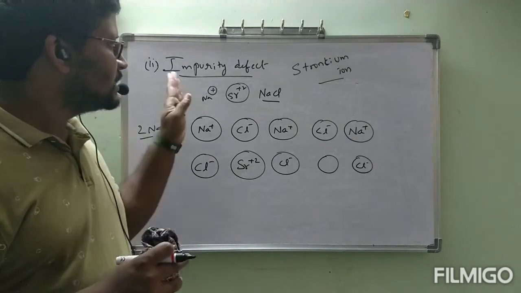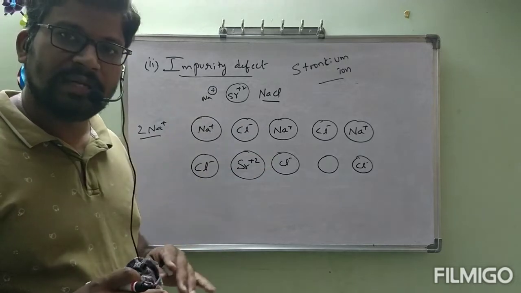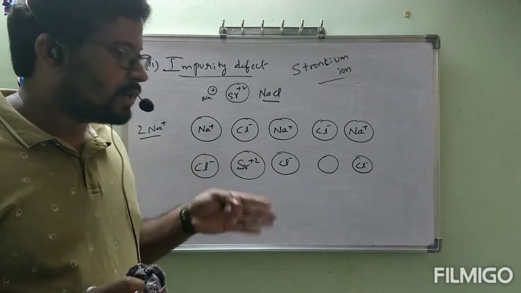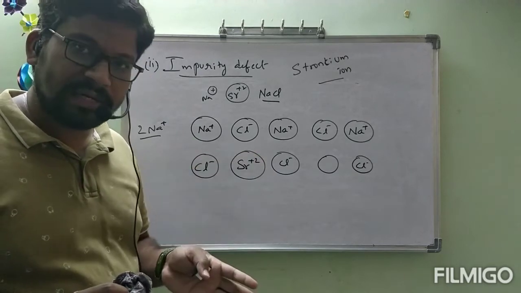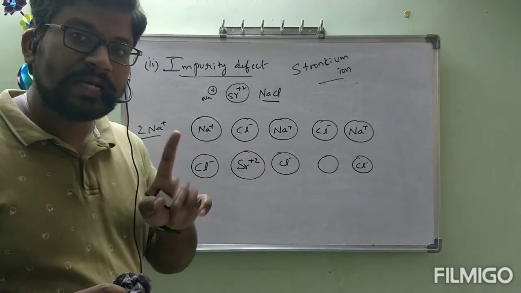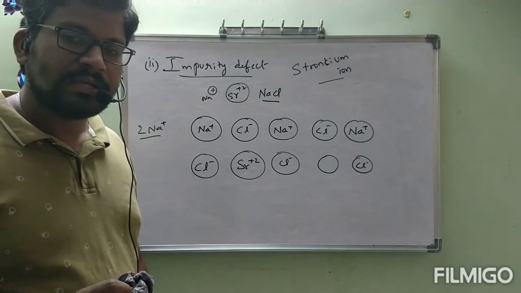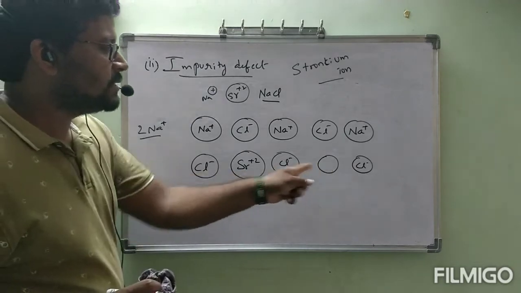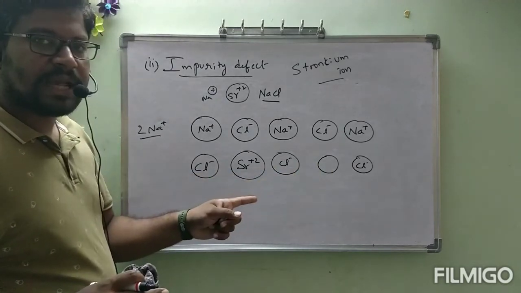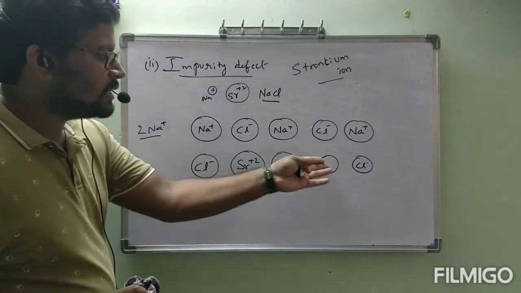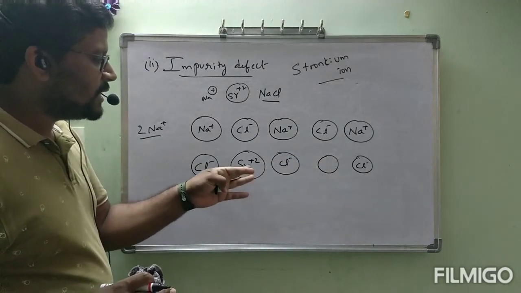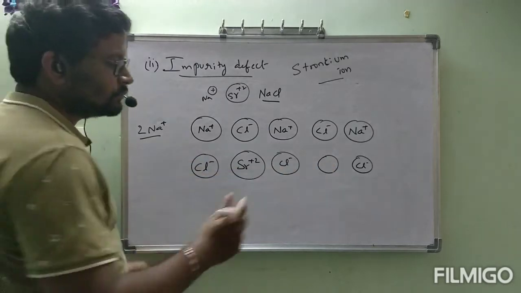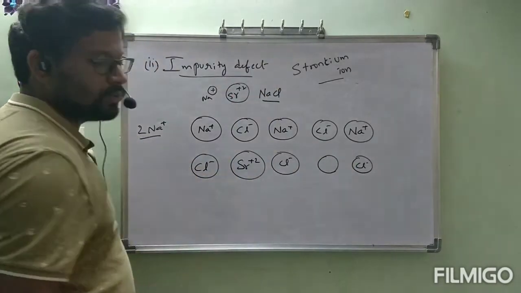This is out of stoichiometric defect. Stoichiometric defect is completed. Now onwards, even though the formula is affected, no problem, but neutrality is maintained. In ionic solids, neutrality is maintained. See, previously 2 Na plus ions must be there, carrying plus 2 charge. Instead of the 2 Na plus, Sr plus 2 is occupied here itself. Then a vacancy will be there, so this Na plus ion also will come out.